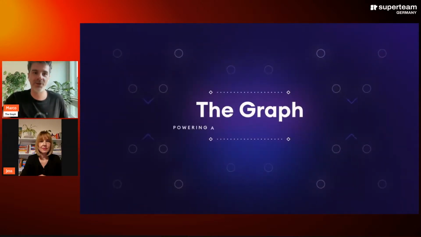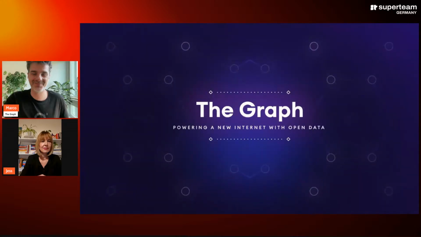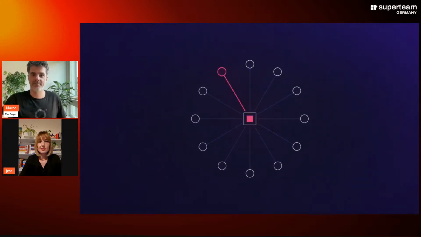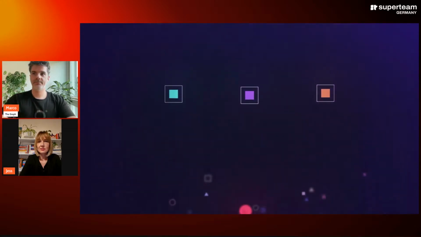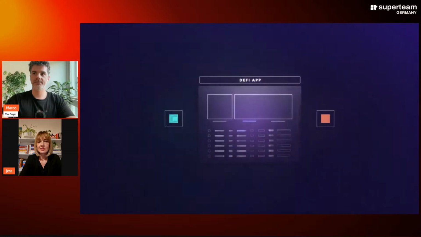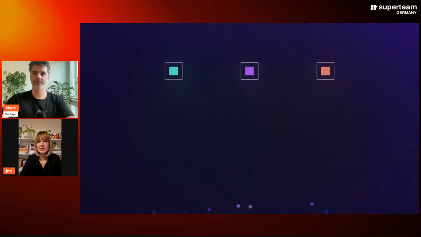To The Graph, powering a new internet with open data. Blockchains are revolutionary in how they enable a shift away from centralized forms of power, in which ownership is restricted and censorship causes threats to society, into decentralized systems that guarantee more control for the user. Blocks of data are chained together, each containing many transactions that generate various data types that are unstructured, slow, and expensive to process. So how can Web3 apps like marketplaces, financial or governance platforms access data in a quick,